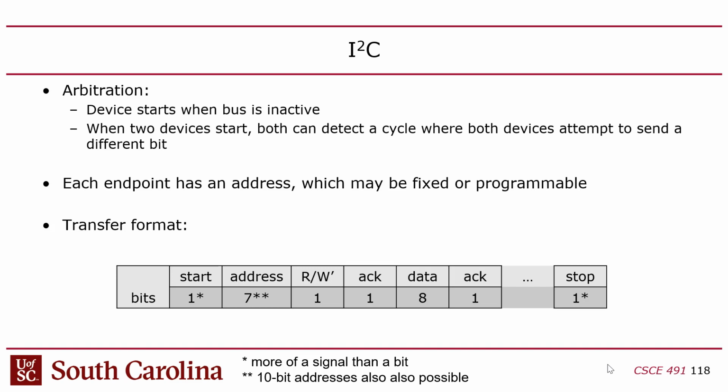It keeps control of the clock, but it releases the data line. And it allows the slave to send back an acknowledge signal. So this acknowledge signal is only meant to acknowledge the address and the read-write bit. That's it. So this is a way for the master to know if anyone's listening or if anyone's responding to